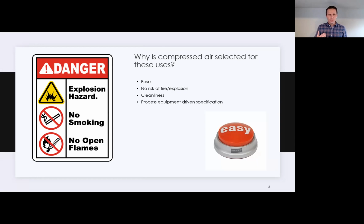If there's already compressed air piping running around a plant, and infrastructure there for someone to tie into, and they have a cooling problem or a cleaning problem, it is unfortunately a quick and dirty way to address and solve that problem. Even if you could set up a little motor driven system like a fan or a circulation pump,